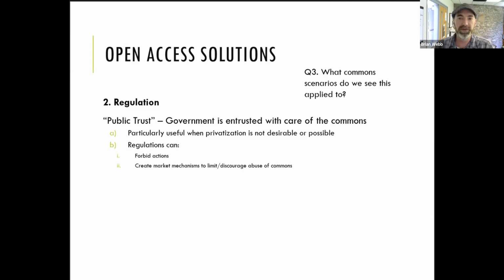Or think about emissions controls for vehicles. Many states, New York included, require you to get annual emissions inspections. This is in order to reduce the amount of air pollution. So the atmosphere being a commons, an open access resource, if we didn't have emissions control inspections for vehicles, then people could get away with dumping lots of pollutants into the atmosphere by not keeping their car in proper functioning working order. Instead, this is one regulatory mechanism that the state of New York, in this case, has put into play to help regulate abuse of a common pool resource.